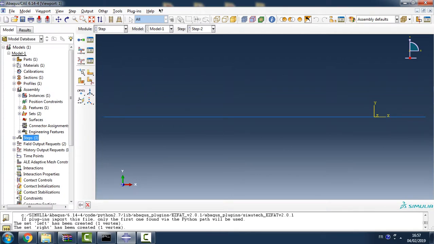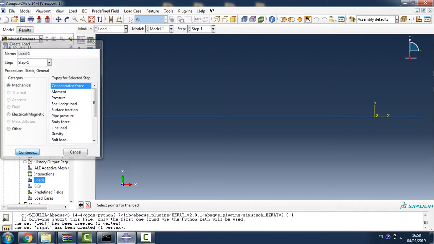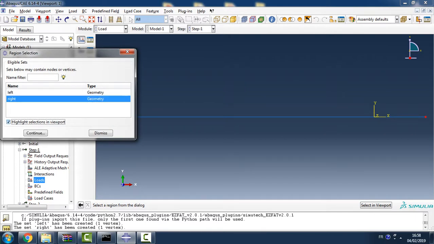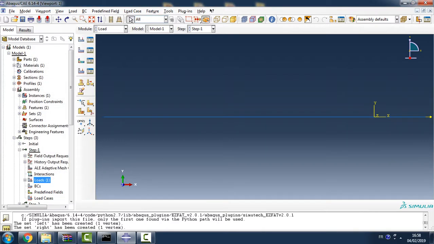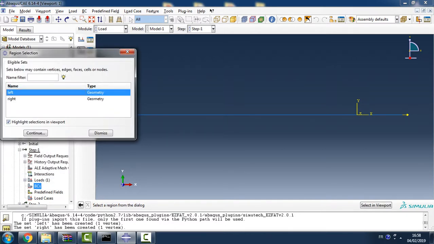Okay, now for the first step we define the load, the actual loading. For the set right, we highlight to be sure. Continue with 4 meganewton along the first direction and nothing along the second and the third direction. Okay, it's shown here. And for the boundary conditions, okay, the left side is clamped,